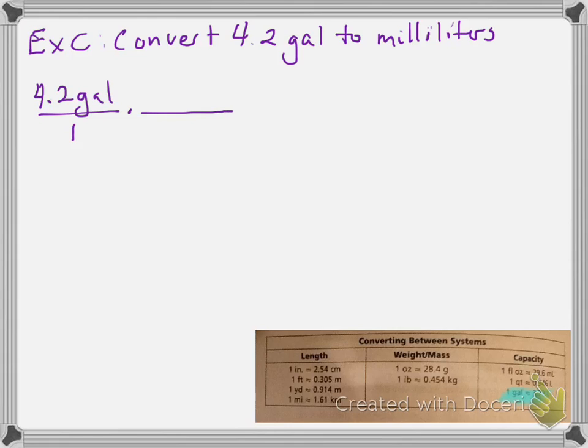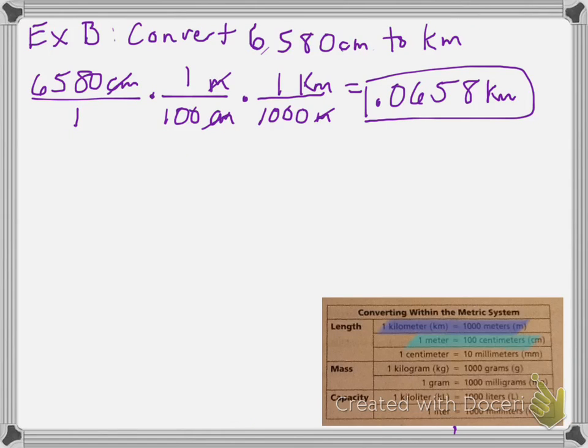So gallons needs to go on bottom and our liters on top. And it says that 1 gallon is 3.79 liters. Okay, so we're out of gallons now and we're into liters. But that one conversion that we just did has now put us in the same system. So liters can go straight to milliliters with no problem. If I go back to my other slide, if it'll let me,